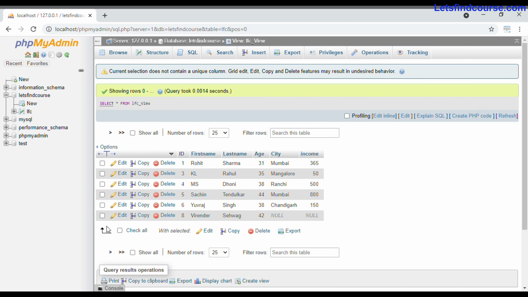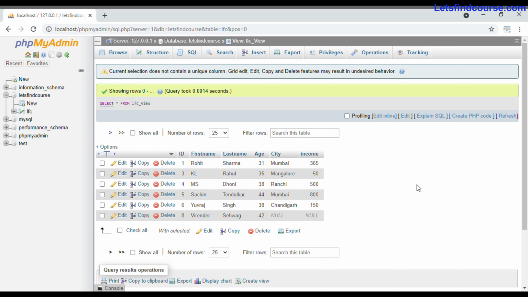So this will be our virtual table, and this table you want every day 3 to 4 times. To decrease your overhead, you don't have to fire the select query again and again. You just have to create a view and call that view and your output will be there. So you have to call only select star from LFC view and your output will be there. This is a basic example, so I have taken where age is greater than 30.